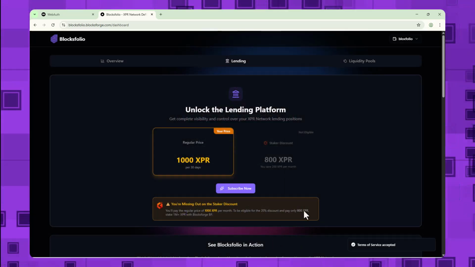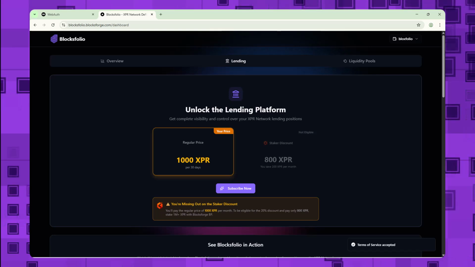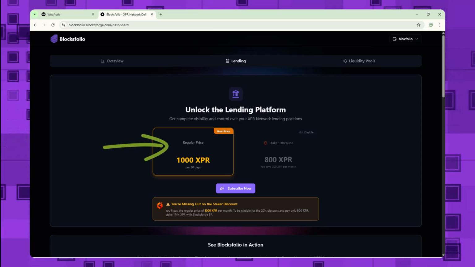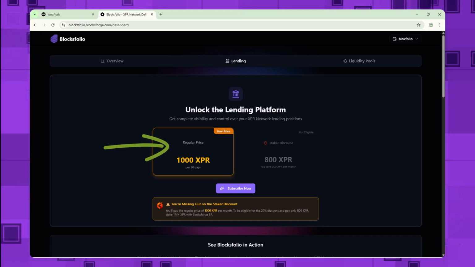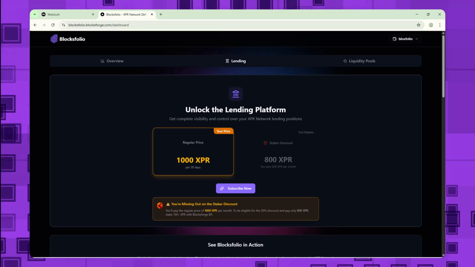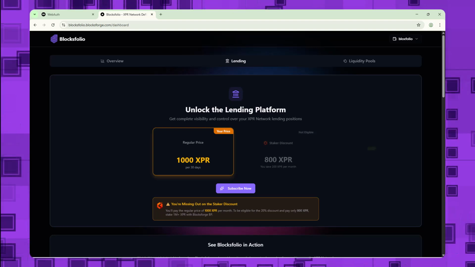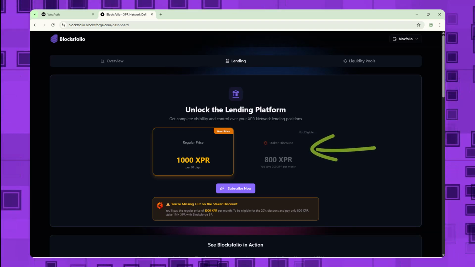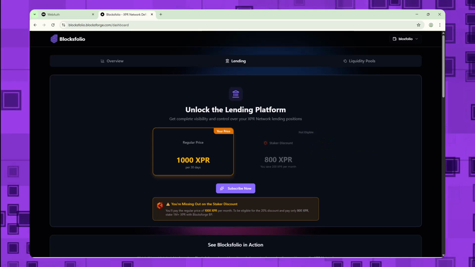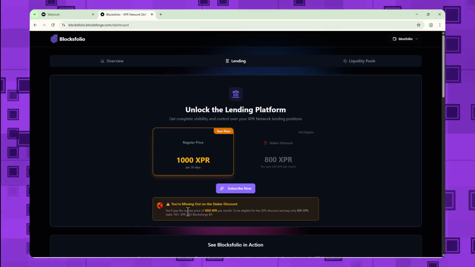Next, we come to the monthly fee for using Blocksfolio that we already talked about. Here you have two options. You pay the regular fee of 1000 XPR for 30 days. If you have 1 million or more XPR staked with the block producer Blocksforge, you can get 30 days of access for a reduced fee of 800 XPR. In our case, we don't have that many XPR available to stake in our wallet, so we'll choose the regular